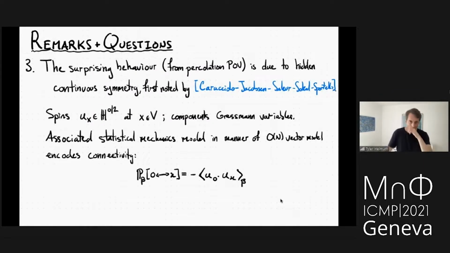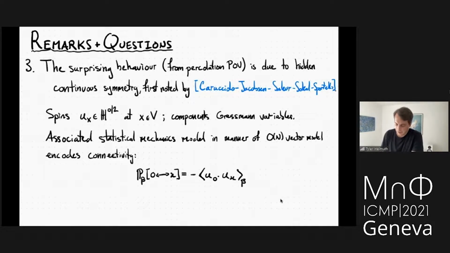Okay, so a third remark, which is that from the point of view of percolation, I think this behavior is surprising. Instead of having a supercritical, subcritical duality, you look critical instead. And you have this absence of a phase transition in 2 dimensions. But it's actually not surprising at all once you take the right point of view, which is not obvious,